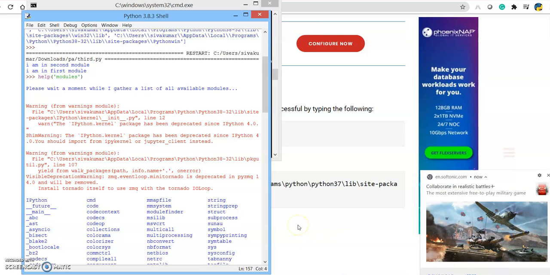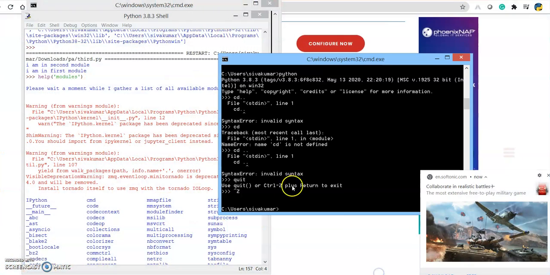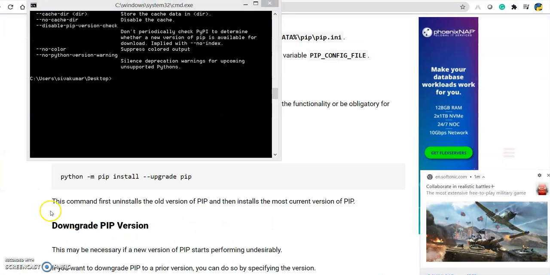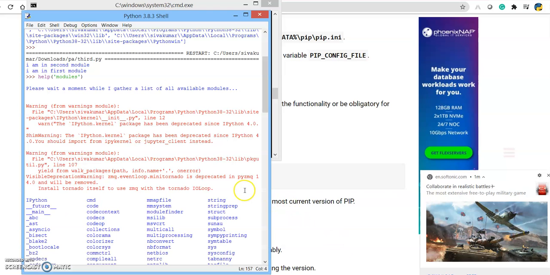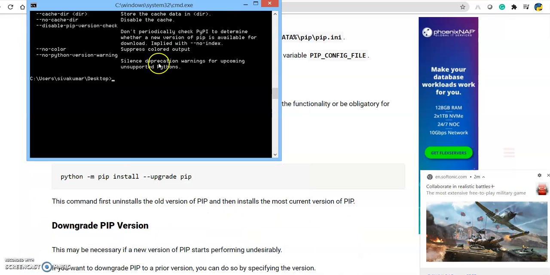Since pip is managing all the packages and modules, you have to give this command outside the Python environment, that is, in the command window. Keep in mind, the Python environment means you have to open the Python shell, IDLE. When you are outside, you have to open the command window. You can open it by pressing the Windows key plus X, which will open the run box. In that you type CMD, and the command window will open.